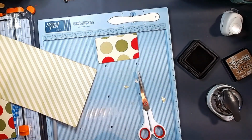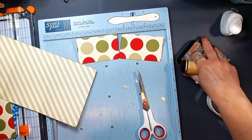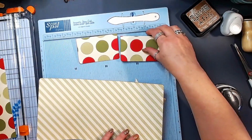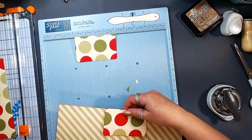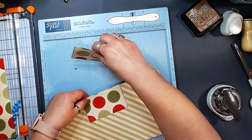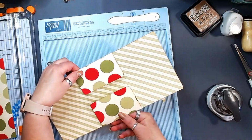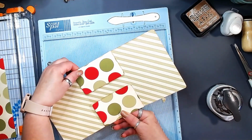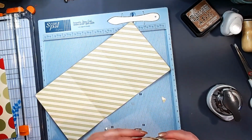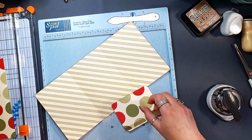Okay, so these 2 pieces now become our policy style pieces, like this. How cute are they? Now I'm going to put them together,